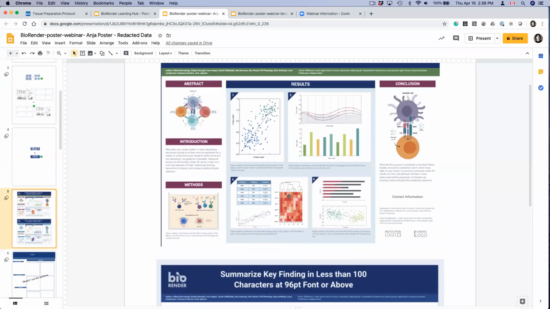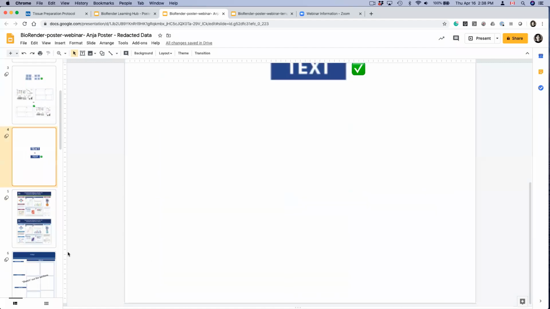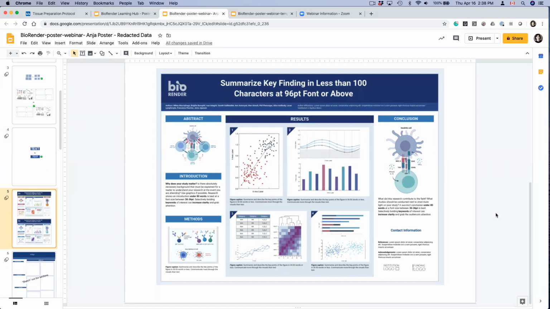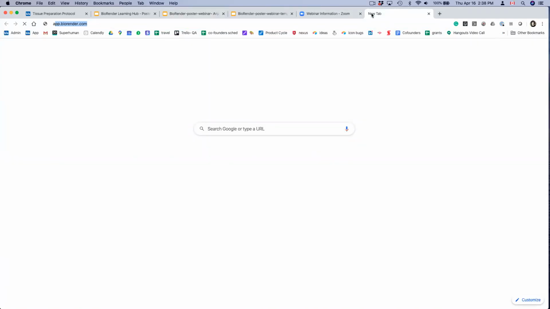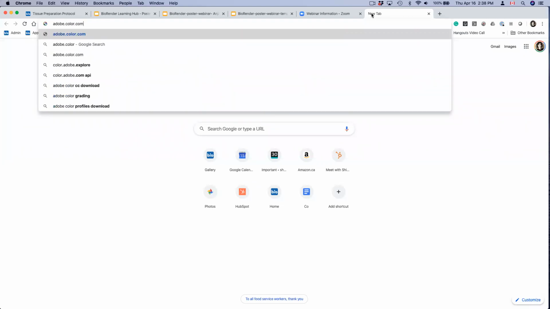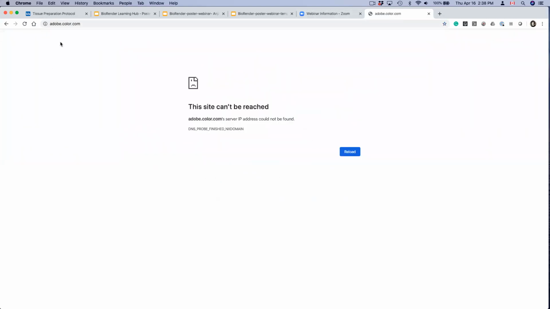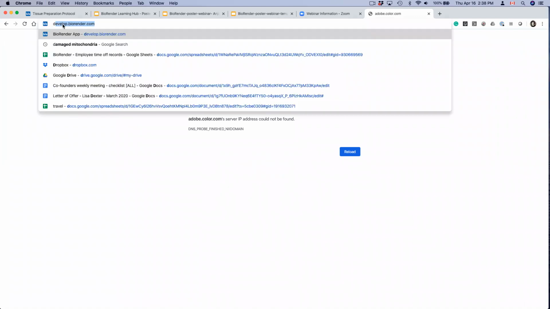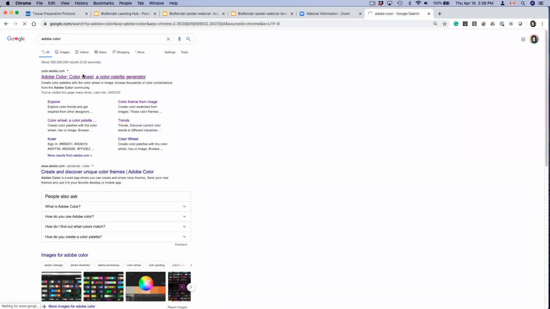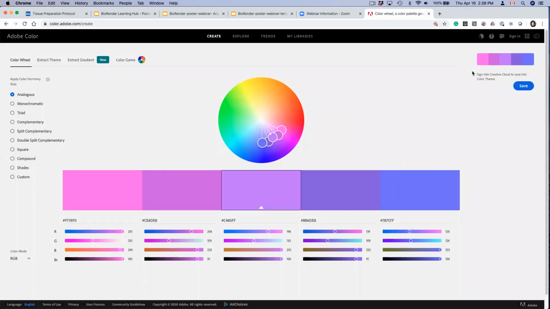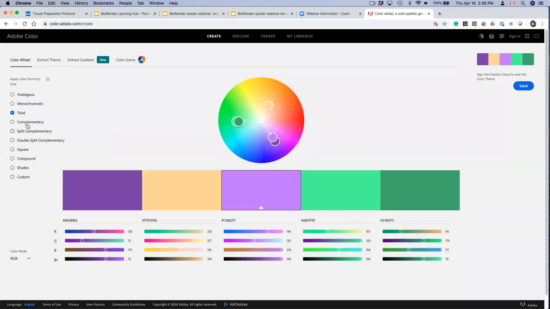As far as color, we do recommend using, as I mentioned, a consistent color palette and ones that don't clash. One website I like to get inspiration from is Adobe Color, color.adobe.com. So this is really neat, a bit of a diversion here, but you can actually go through and pick